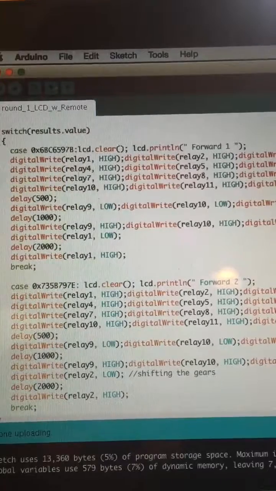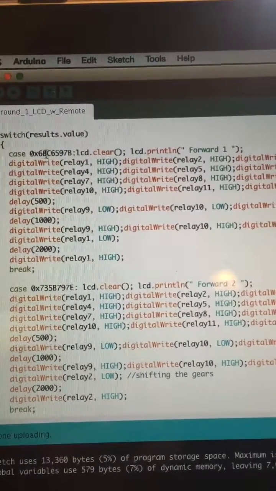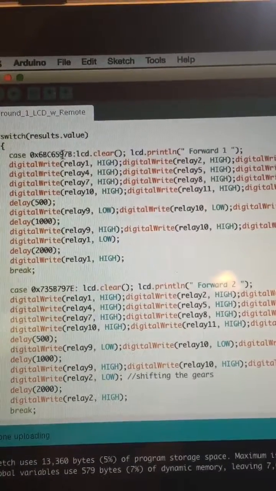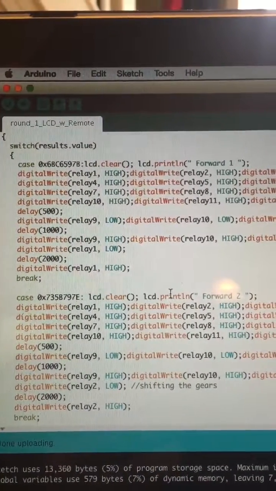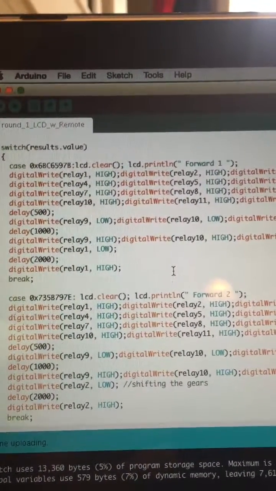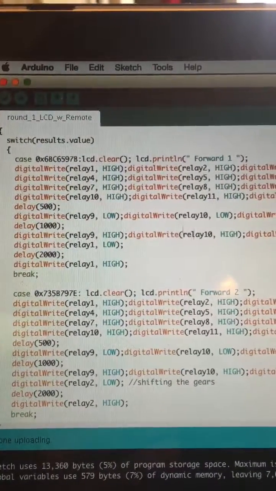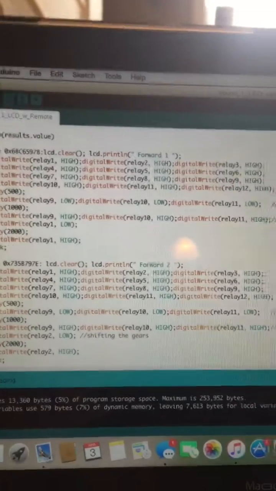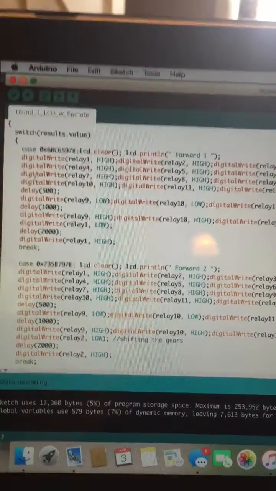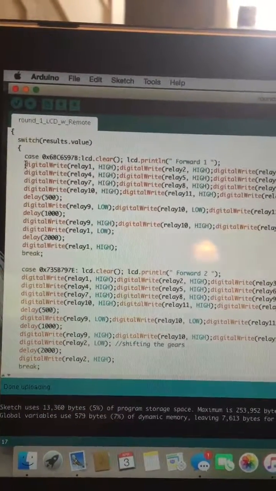0x6BC 6597B. That's the alphanumeric number that the computer sees when I hit 1 on the remote. And that is really going to turn. So what I've done here is